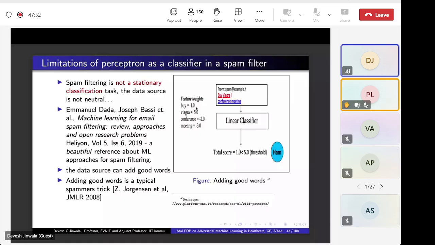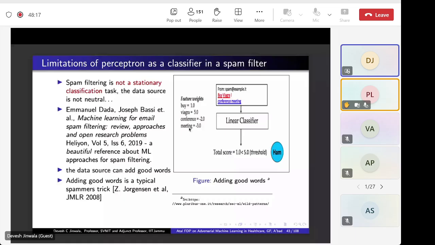Bi is equal to 1, Viagra is equal to 5. But now in order to befool the model, remember earlier I'd used the term adversary would give such data by which it is able to befool the model. Adversary would use a term like conference, would use a term like meeting, for which over a period of time, by carrying out repeated attempts, adversary knows that the weights which I have attached to these terms are low,